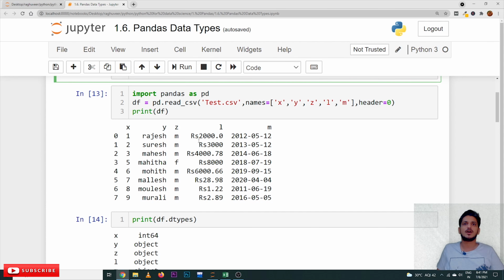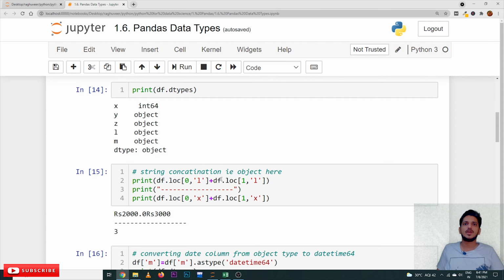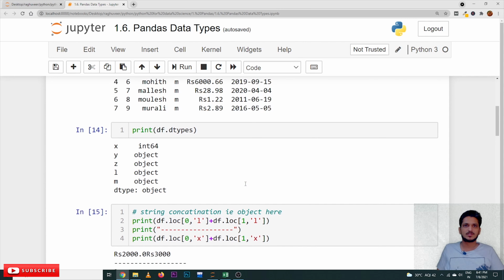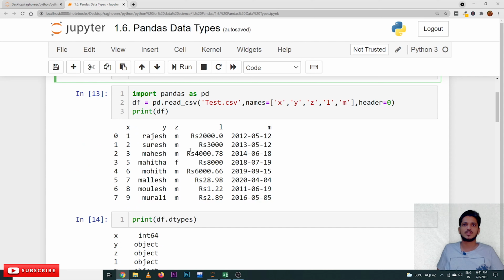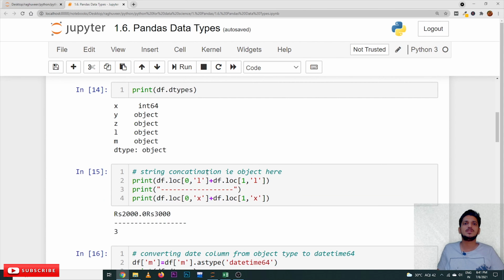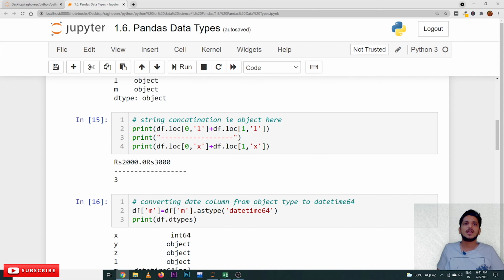This is rupees 2000, and we add df.loc[1, 'l'], the first row, l column. These two are of string data type, meaning object type. When we add them, it won't do addition, it will do concatenation. The same thing happens in the output. See here, it is concatenating the two strings.